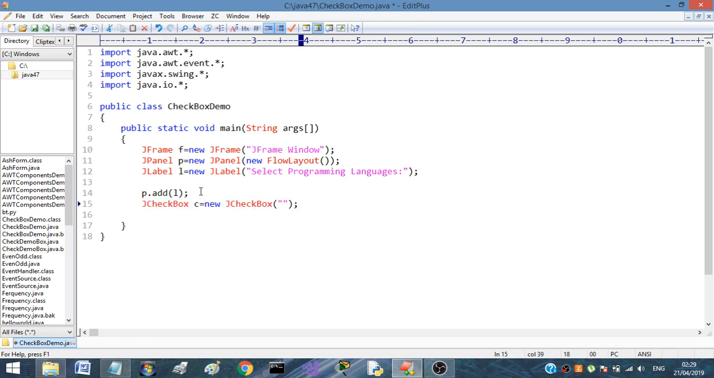Now as I've copied, I'll make the changes. So this will be the first checkbox. So variable name will be C1 and subject is Java. Now we'll add the second checkbox, so C2, and the subject name, let's say .NET,